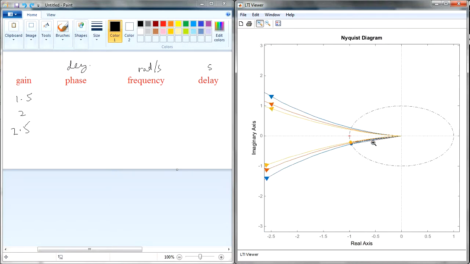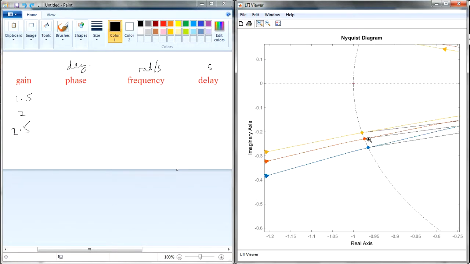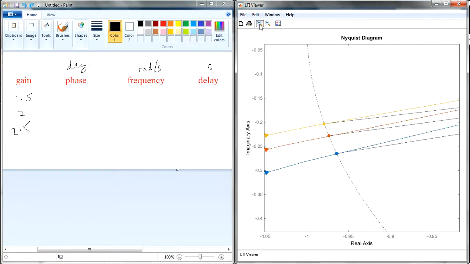So let's take a look at the delay part. The only way we can look at delay is when it crosses the stability margin, then I can look at it. As you can see, if I were to click at this point, I cannot see the delay. But if, never mind. So if I were to click this point, as you can see there is a delay margin over here showing you. So if I were to bring this thing over here,